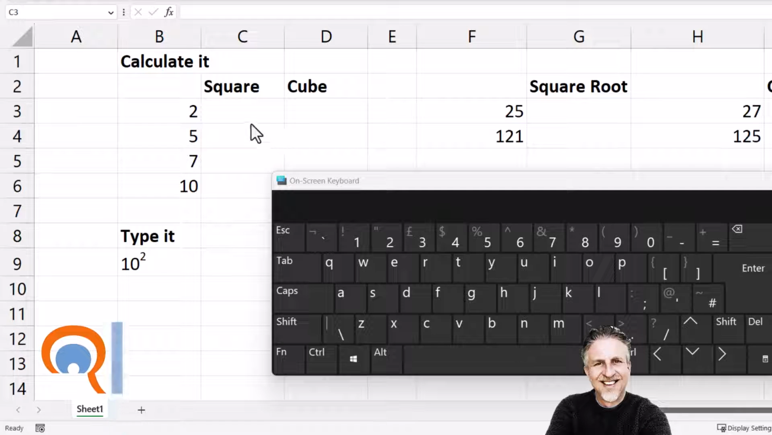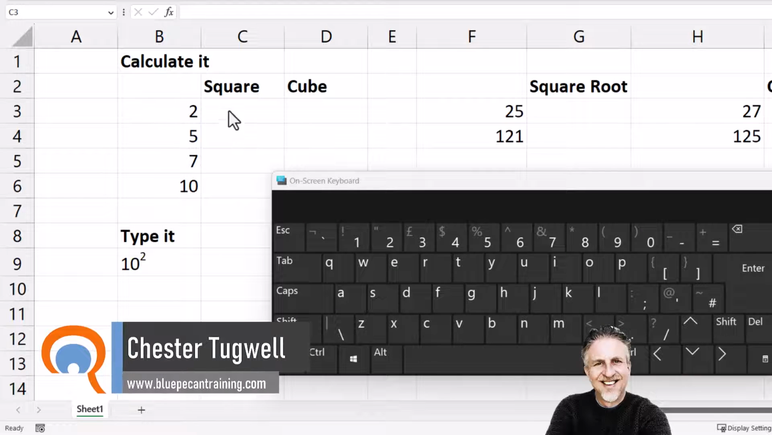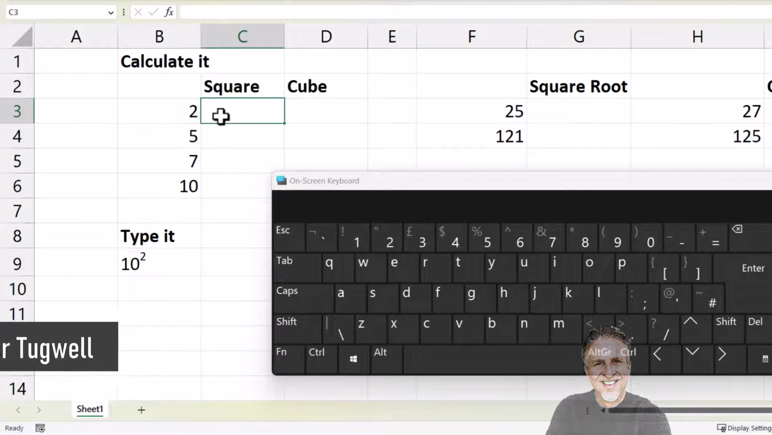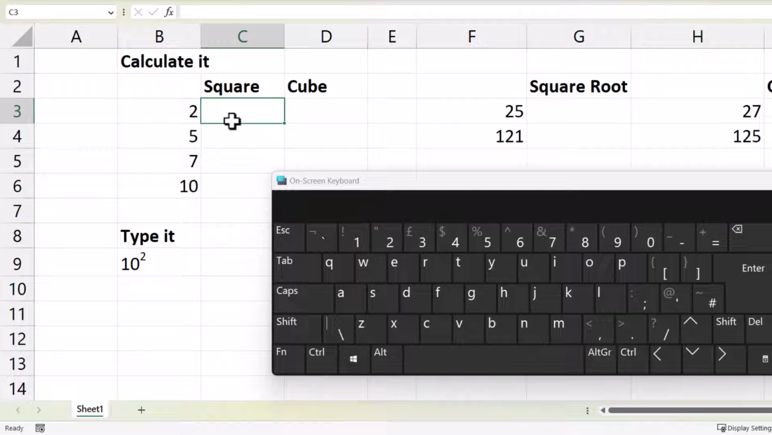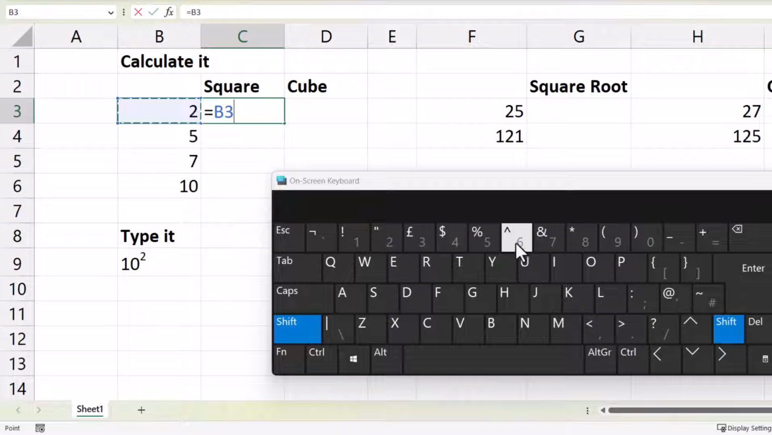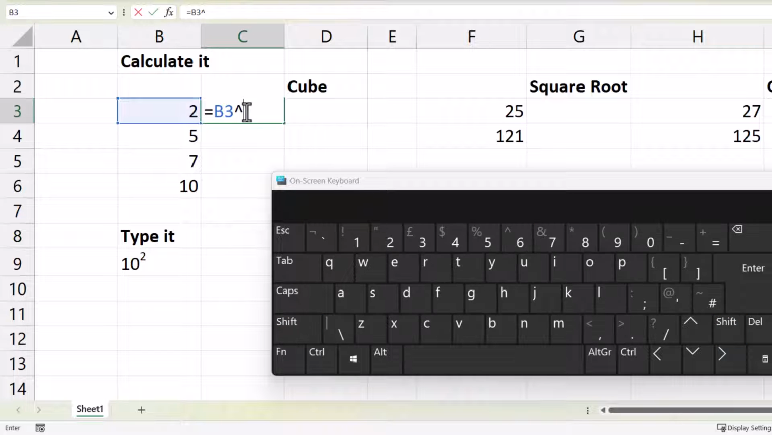Okay, you're in Microsoft Excel and you want to calculate exponents or indices, and you also want to be able to type them. So let's start by calculating the square of 2. I'd type an equals in, then I'd select the cell with the 2 in it. And to get the exponent's character, you need to access this character here, the caret character. And it's on the same key as the 6. You hold down Shift on your keyboard and press that key, and that gives you the exponents or the index